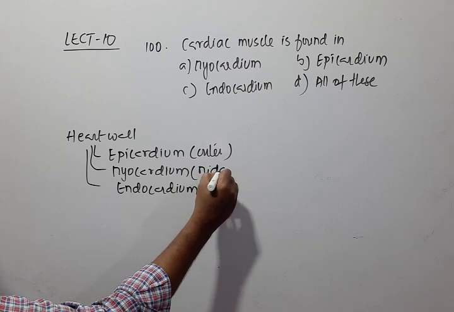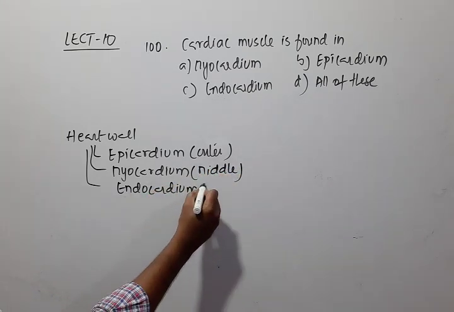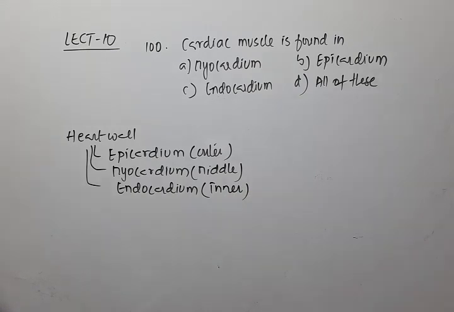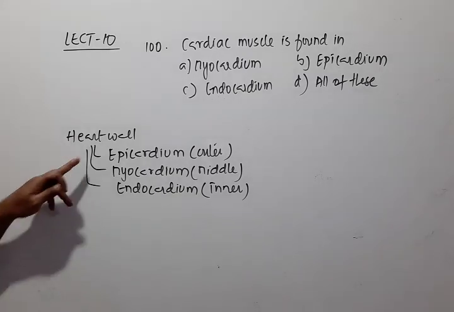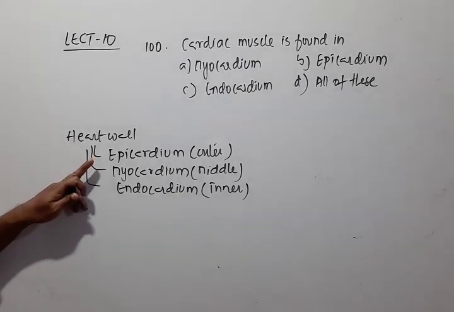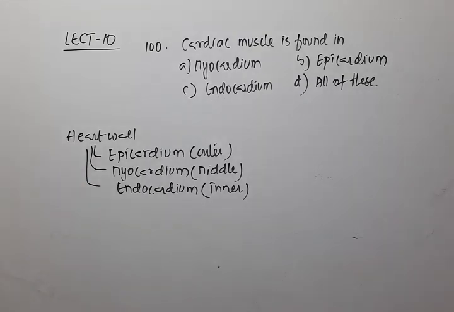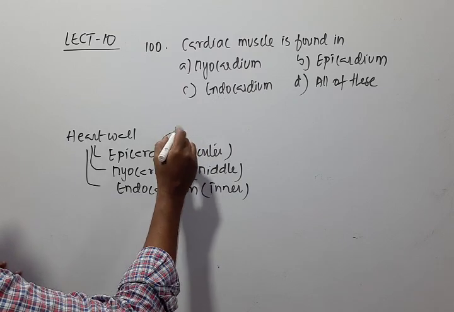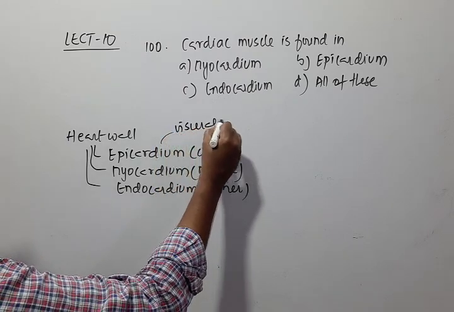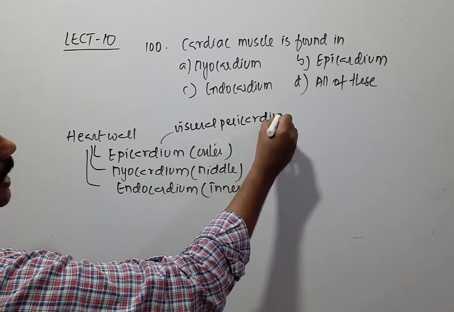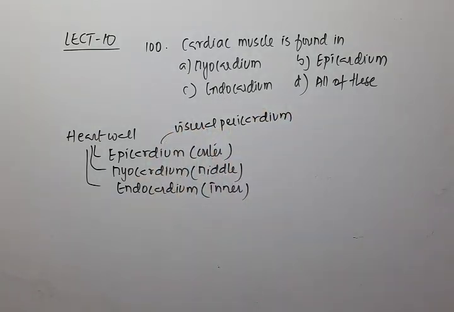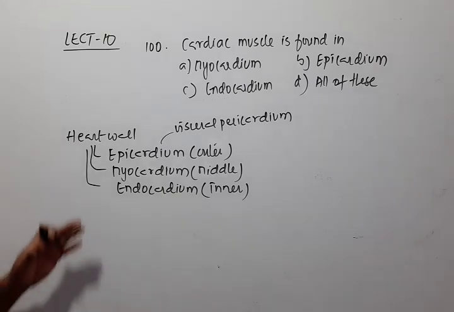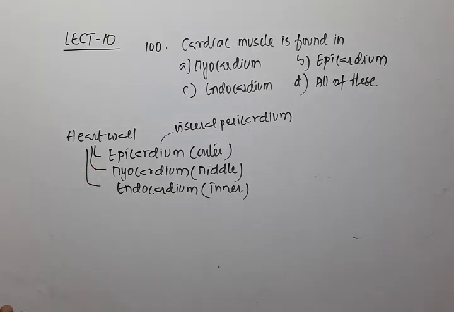So this is the middle layer, myocardium, and endocardium is the innermost layer, right? The epicardium is the one that we call the visceral pericardium. This is the part of the pericardium, the visceral pericardium, that helps in protecting the heart,